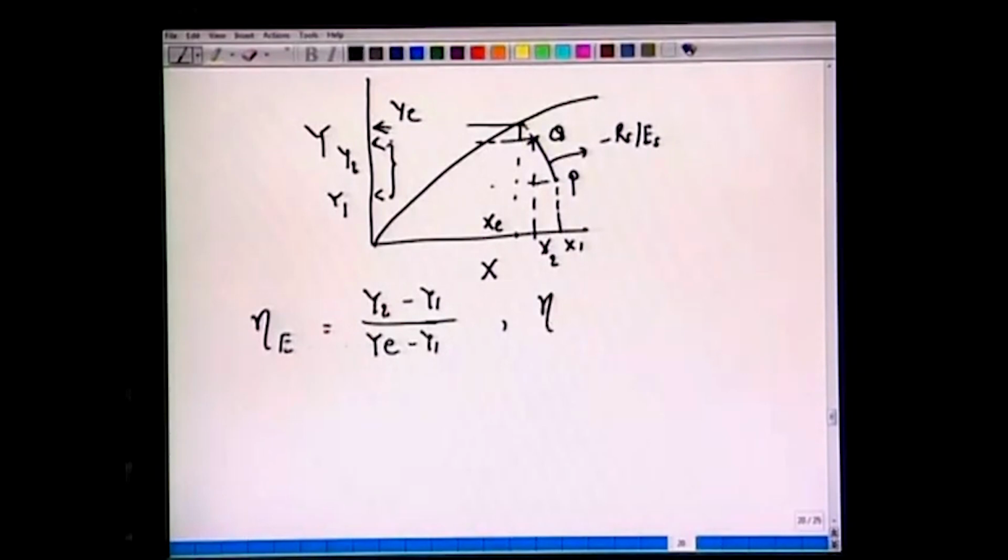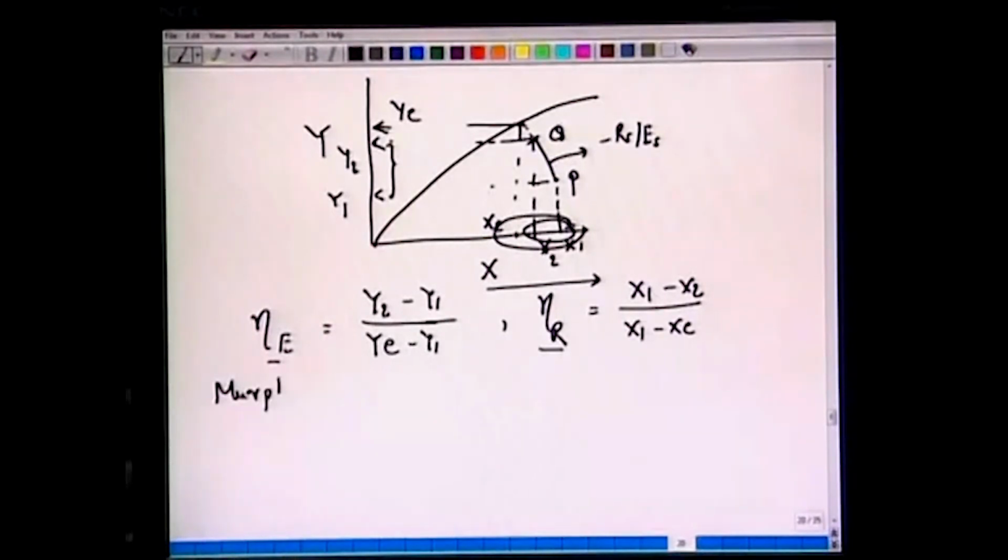Similarly, we can define the efficiency based on R phase on the x basis, which would be equal to x1 minus x2, the actual separation, over the maximum we can have, x1 minus xe. So both efficiencies are defined for these stage-wise or continuous contact processes. One very common